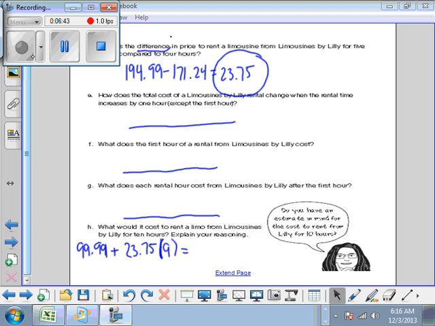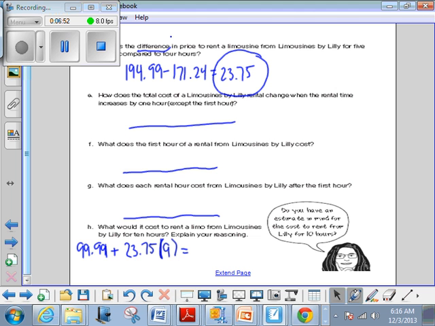And I'm sorry, totally messed that up. I was looking at the wrong problem and wasn't paying close enough attention. I thought that it said 12. That says 10 hours. Alright, so the first hour is